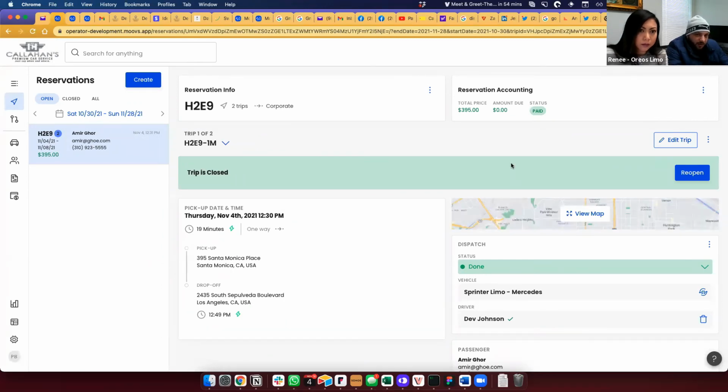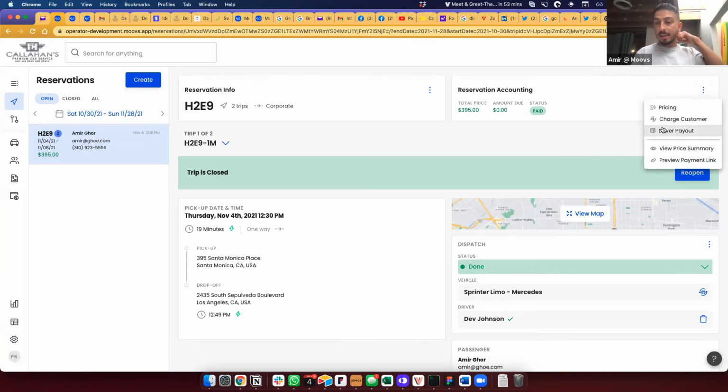Why? But if we do the trip from our side, and we put the payout for the driver, and then we close out the trip, it shows. I brought that up 2 months ago. So do you not see it here?